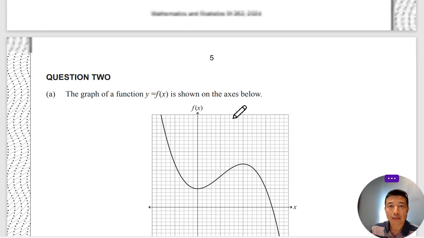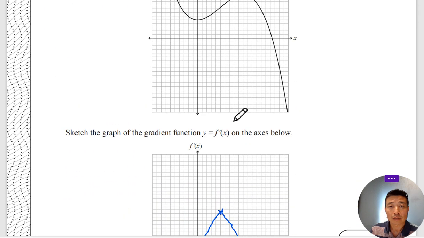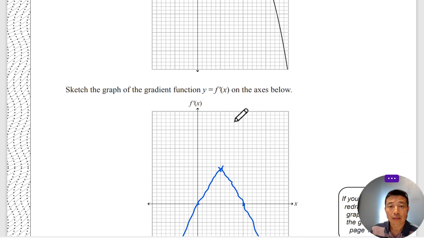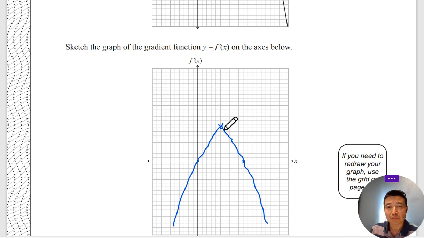You know, and then yeah, because it's a parabola, so it's symmetrical. So I found that the middle point to be the turning point of the gradient function. Yeah, it looks very sharp, but it doesn't really matter as long as you show